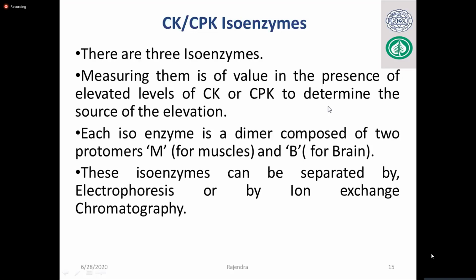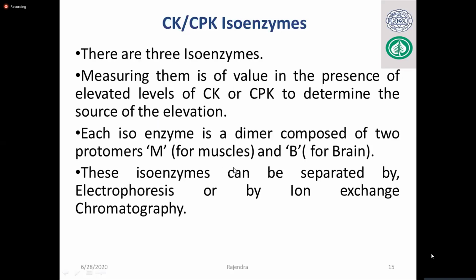If we measure total creatine phosphokinase, it's very, very difficult to differentiate which muscle is actually damaged, because we know creatine phosphokinase has 3 isoenzymes: CKMB, CKBB, CKMM. BB for brain, MM for muscle, CKMB for cardiac muscle. If you measure CPK or CK only, it is very high. Then how do you differentiate it? That person has a myocardial infarction, or maybe an injury in other muscles, or an injury in the brain. It's difficult sometimes. That's where we have to go to more specific isoenzymes.